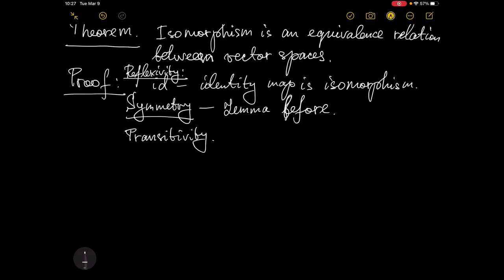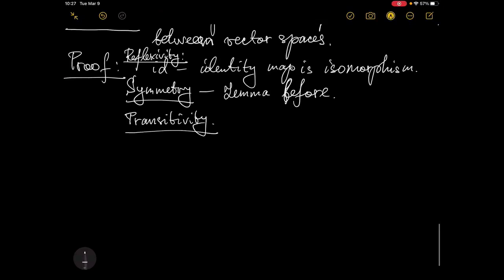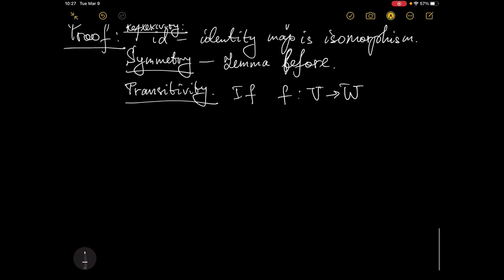I will explain what it is. It means that if F, which maps V into W, is an isomorphism, and G, which maps W to U, is an isomorphism,